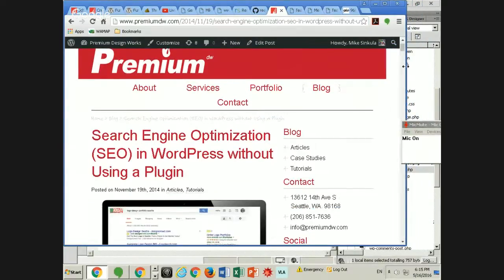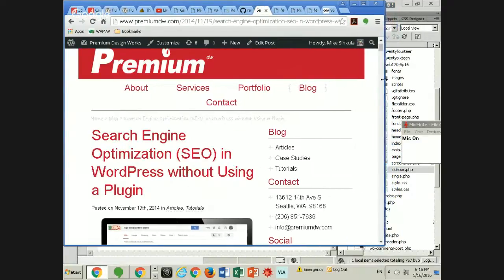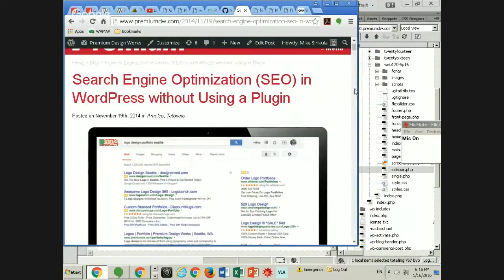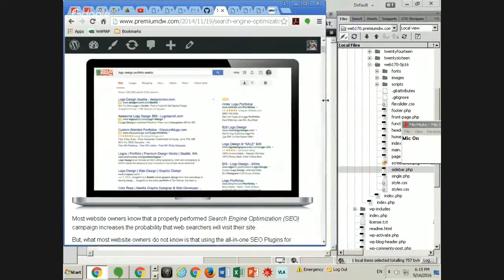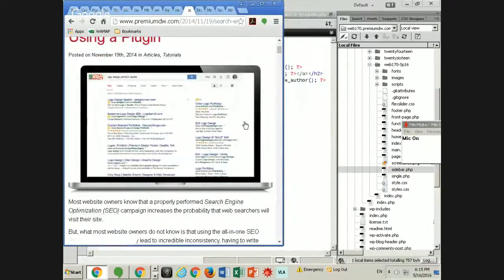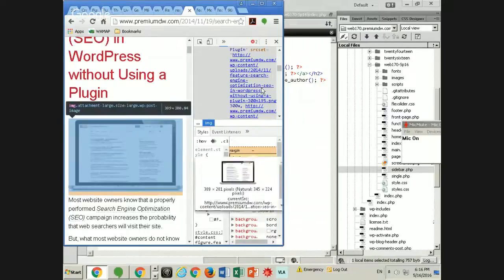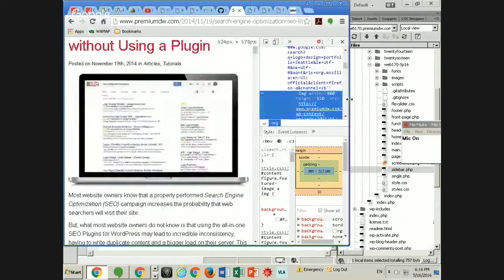Let's just say it like this. Mine snaps to a 1 column, or it snaps to the mobile version at 800. Okay, so this image has to be 800 or bigger. And then as it is coming down in size, all that's happening is that if I look at this image,